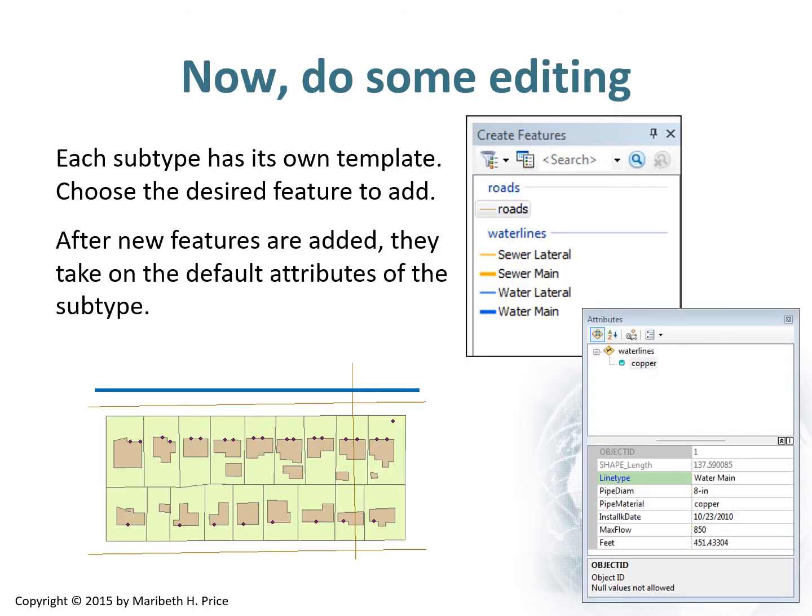Now each subtype has its own template, or it could. You can choose the design features and the attributes and all that stuff. And you can sort of set all those things up when you create this. And so you're going to create